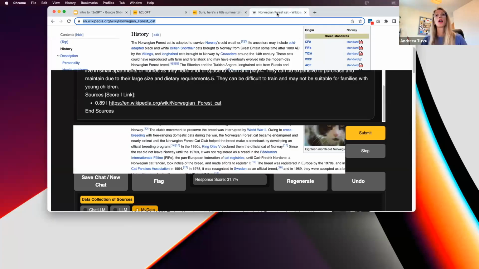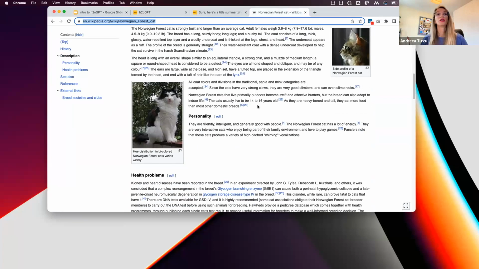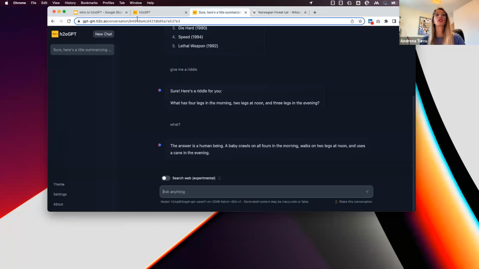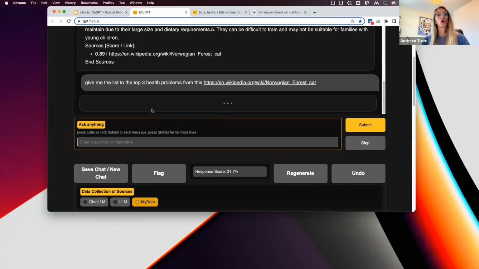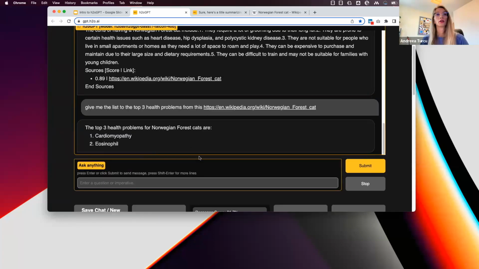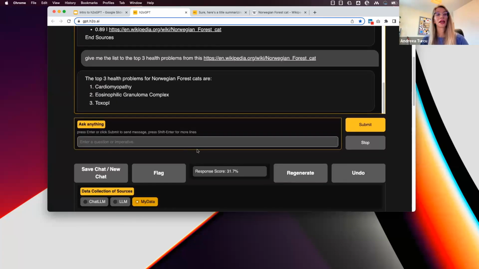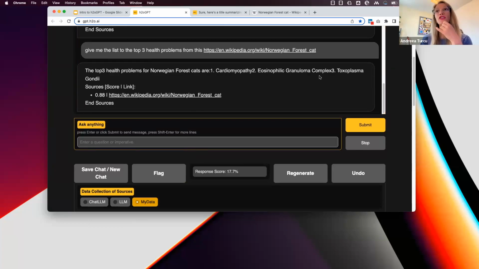Like if I want even more specific information about the health problems, I might just ask, give me the list to the top 3 health problems from this. Let's see what are the top 3 health problems of Norwegian cats. Okay, a word that I'm not sure I can pronounce very well. Second, yeah, so actually we have here the reasons. We have here the top 3 health problems of Norwegian forest cats, just to show you that we can actually